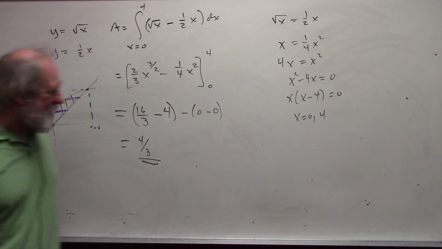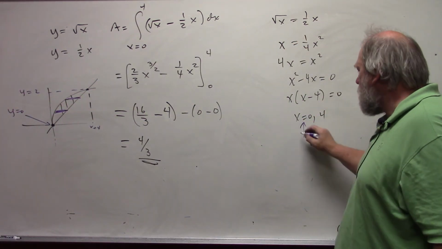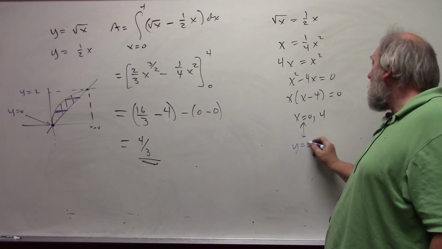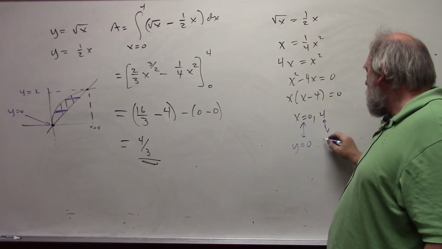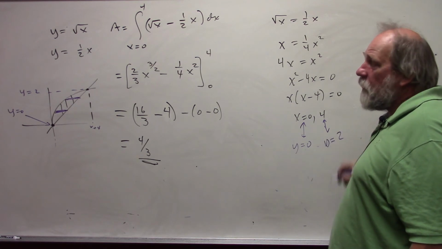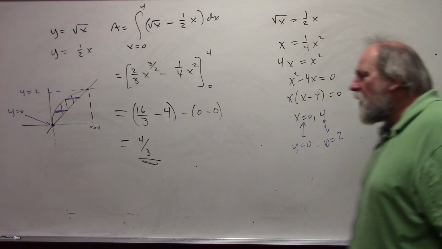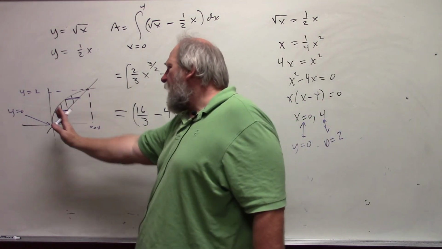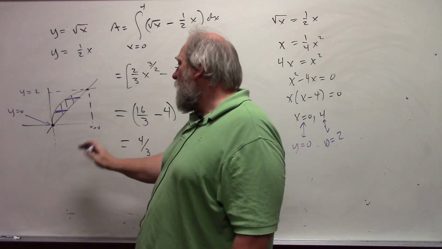Right? If I substitute these values into either one of my equations, x equals 0 corresponds to y being 0. x equals 4 corresponds to y being 2. And so if I want, I can actually look at this as rectangles that go horizontal and calculate the area from